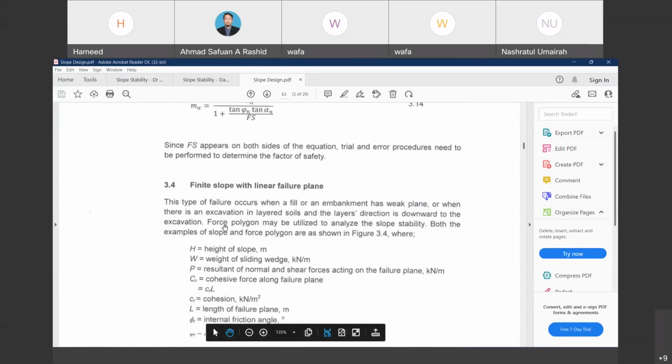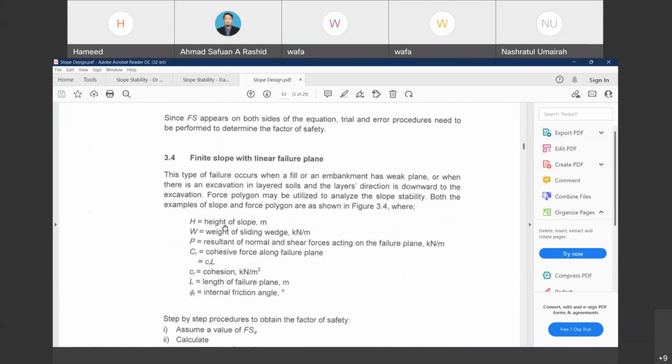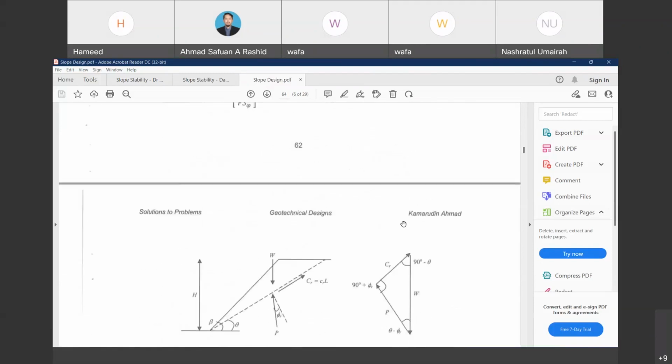The type of failure occurs when a field of embankment has a weak plane. This is what I have been told previously. Or when there is an excavation layer of soil and the layer direction is downward to the excavation. So force polygon may be utilized to analyze slope stability. Both the example of slope and the force polygon are shown in figure 3.4. So this is the same